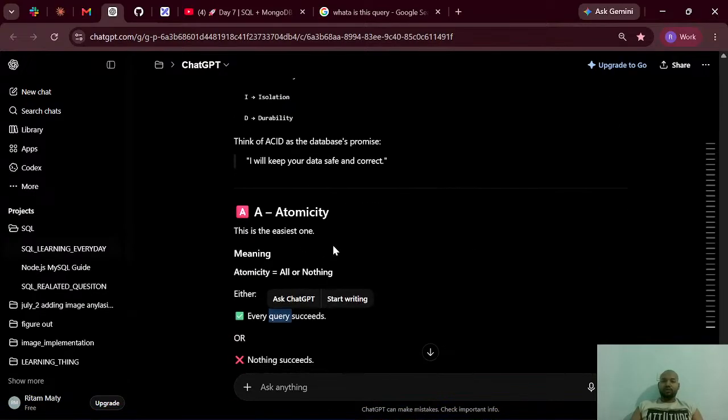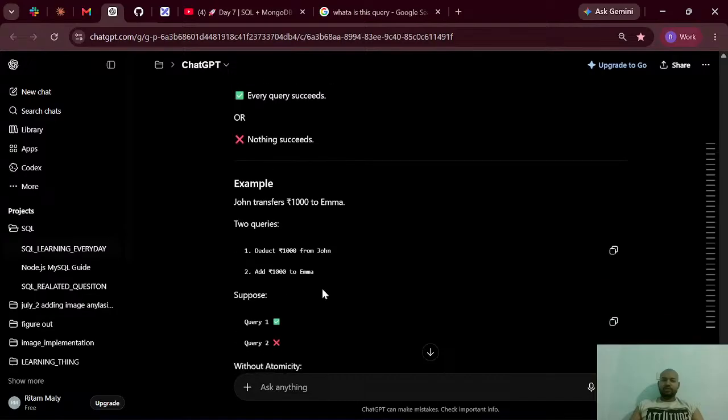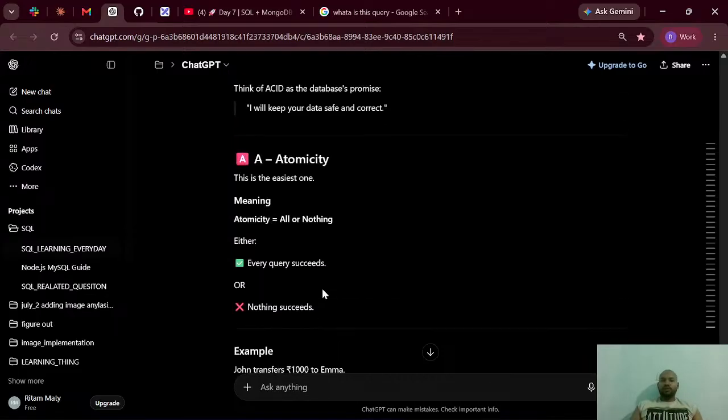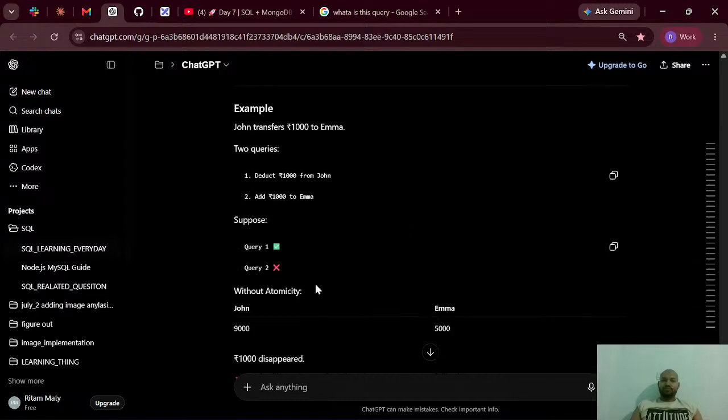He will explain. Okay, all or nothing. Atomicity equals all or nothing. Either the query succeeds completely or nothing succeeds. So a transaction follows the ACID keywords: A for atomicity, C for